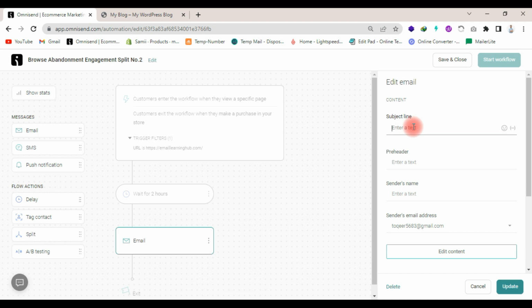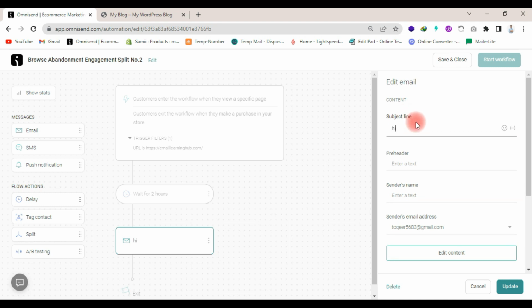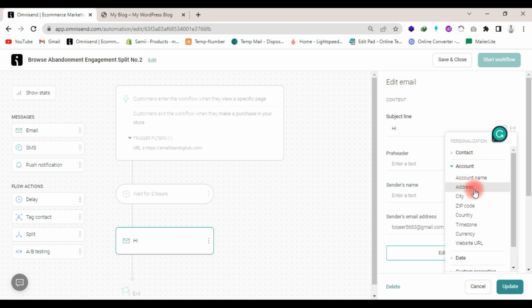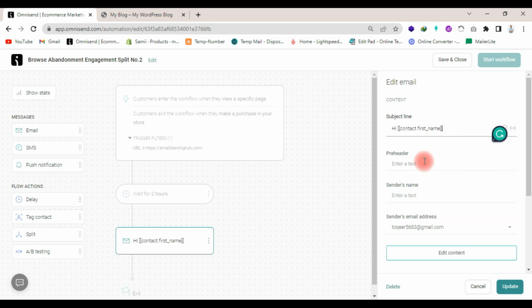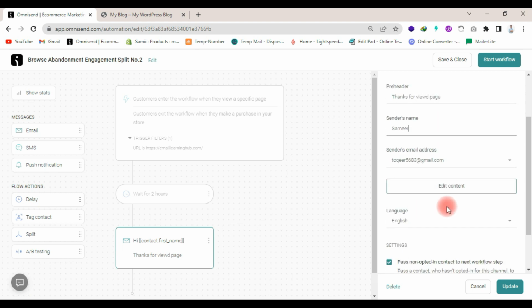First you will write a subject line, and next you will write a pre-header, and next you will add the sender's name, and next you will press the edit content button,